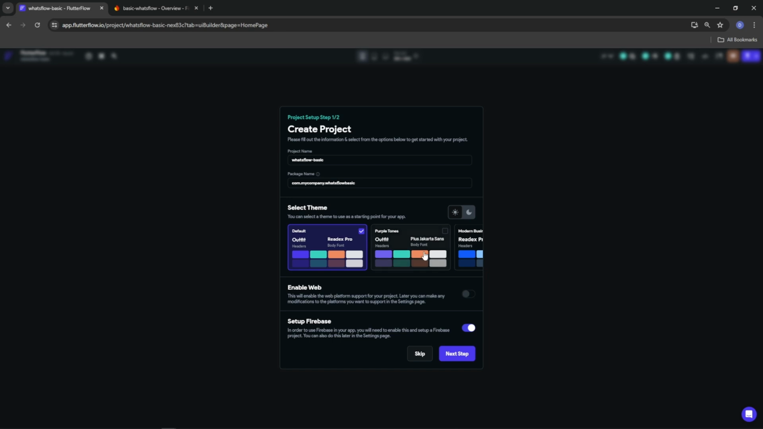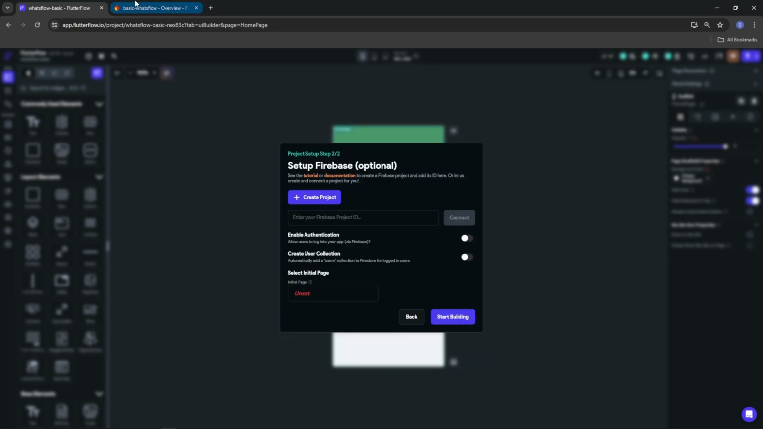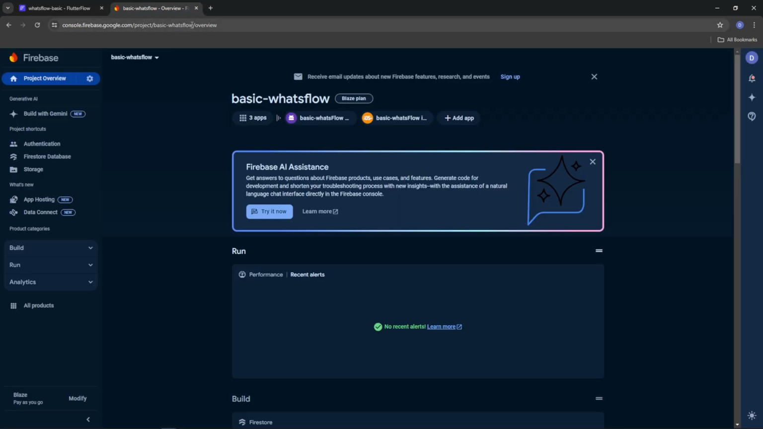And we're going to create a blank project. Now I'm going to set up a custom theme. So this really doesn't matter, I'm going to leave it as such. I might just move it to here, which might be a little bit more accurate. We are going to set up Firebase, so I'm going to say next. Now I've already created my